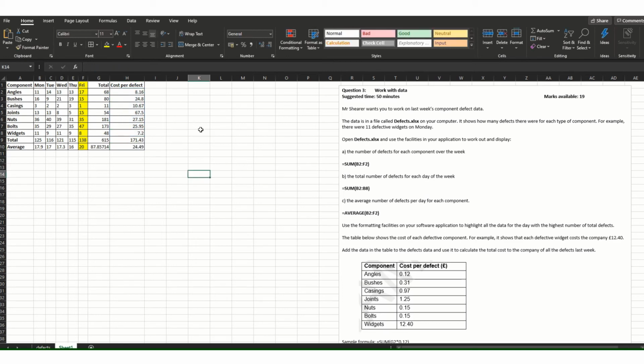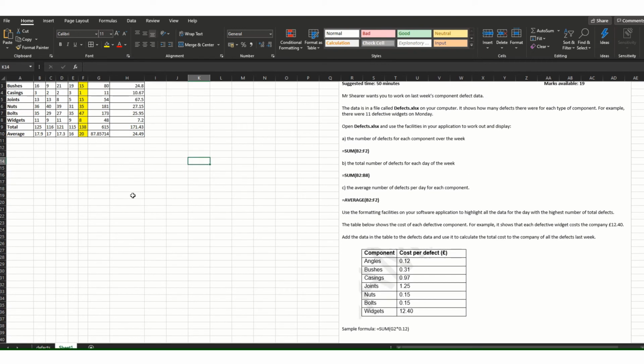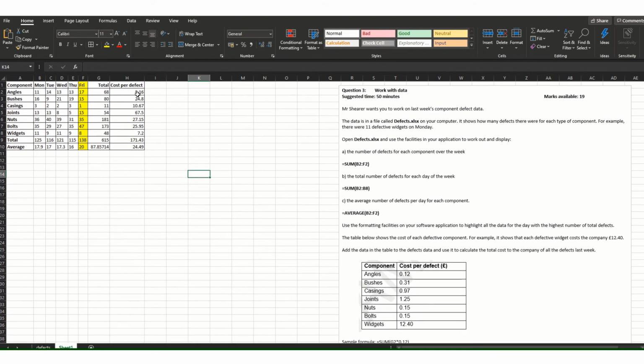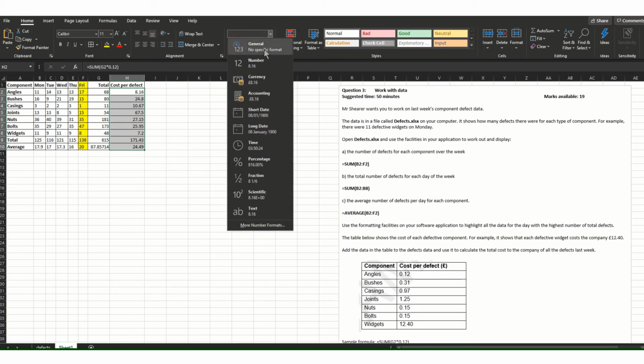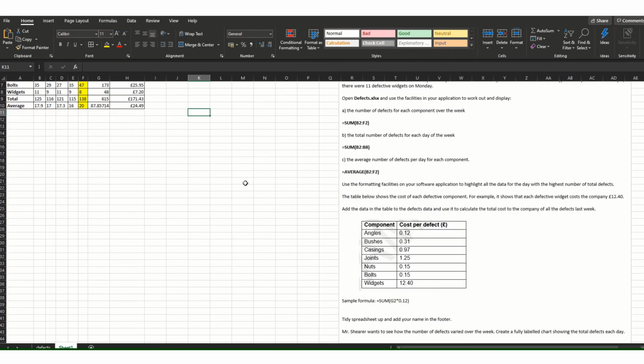Right, now just one thing we noticed, it would be a good idea to put currency in, money in. So what I need to do is highlight, because at the moment this is just random numbers, we need a bit more. Okay, so highlight what I want, home, come up to general, click on currency, done. I've got my money all in. Okay, so next stage will be to